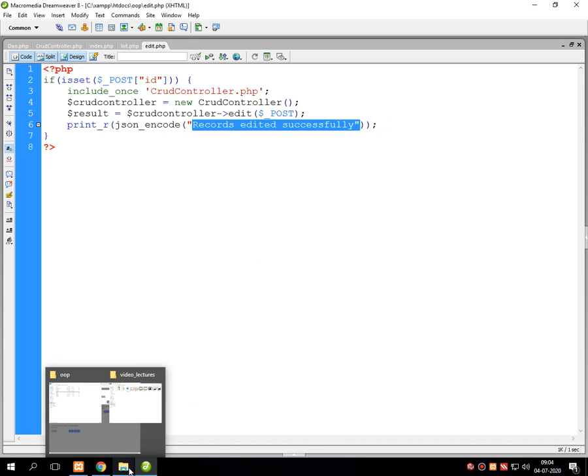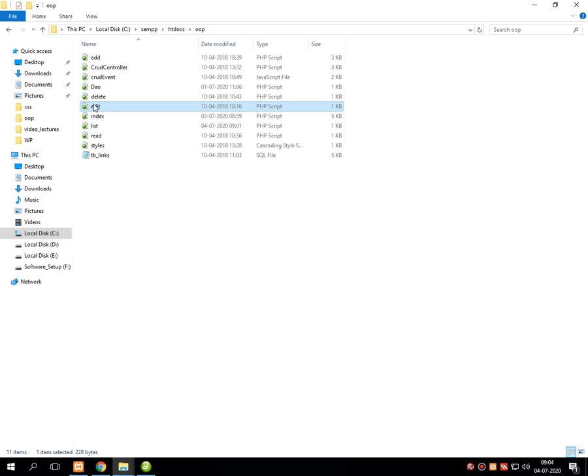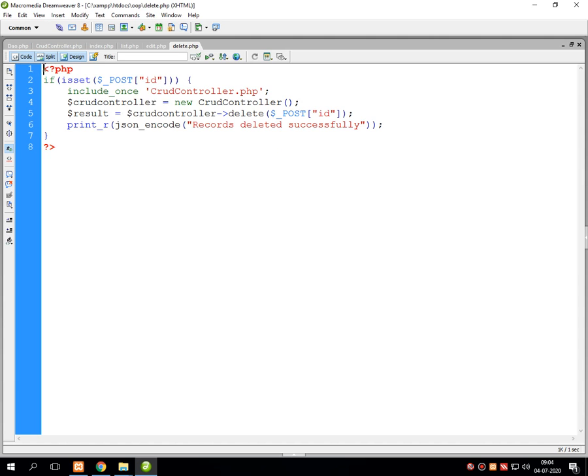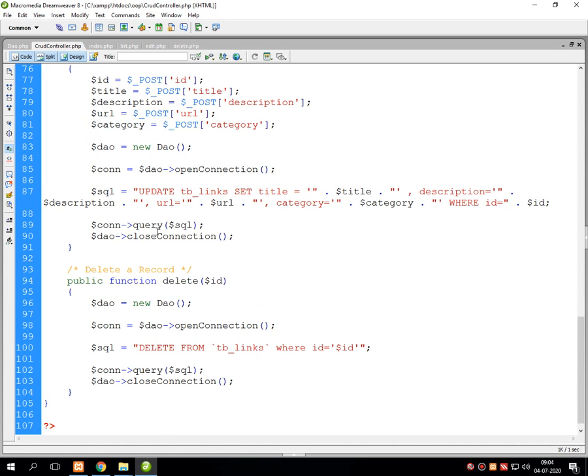Similar functionality we have implemented in the delete file. Simply everything remains the same, we are just calling the delete function instead of the edit function. In the delete function we have written a delete query in our crude controller.php file.